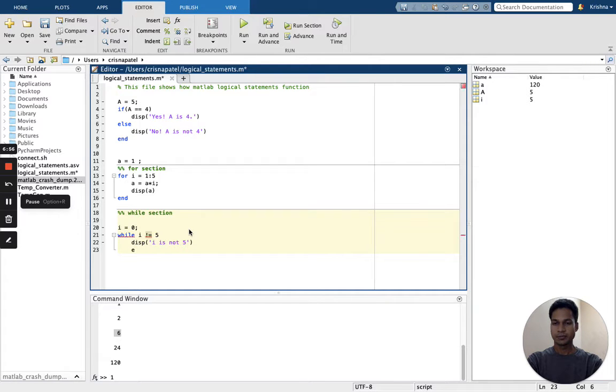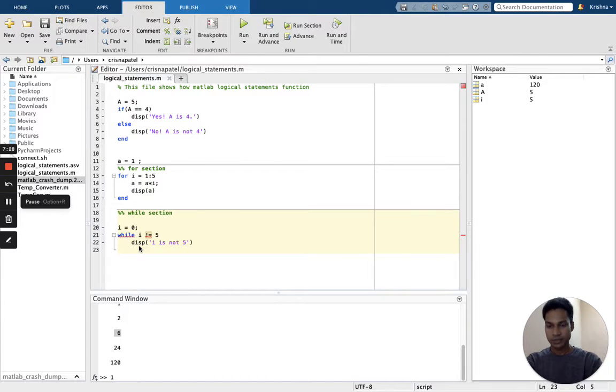So this is what while loop does. In each iteration, while checks for this condition. If it's true, the command gets executed, and the moment this condition is not true, the loop breaks. So you need to provide some statement which will break the loop at certain point of time in future iteration. So for example, what I can do is,